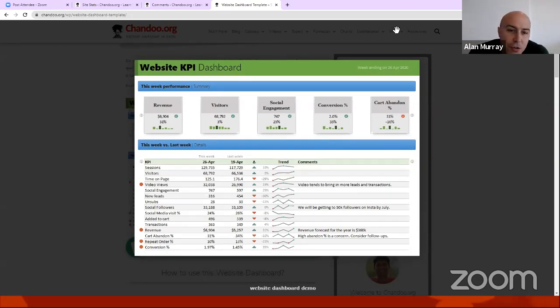People are asking on your dashboard, Chandoo, you had the manager pictures on the left. Would it be possible to have those manager pictures change via a slicer selection? Yeah, you can do that.